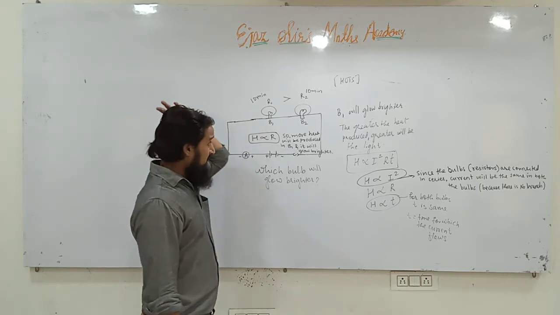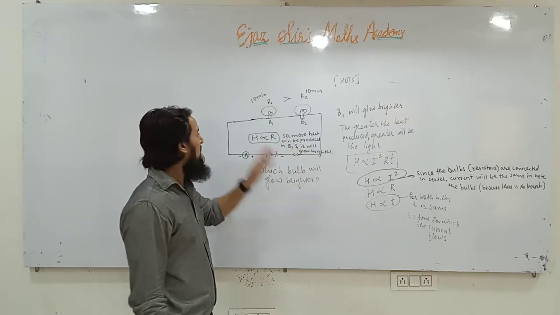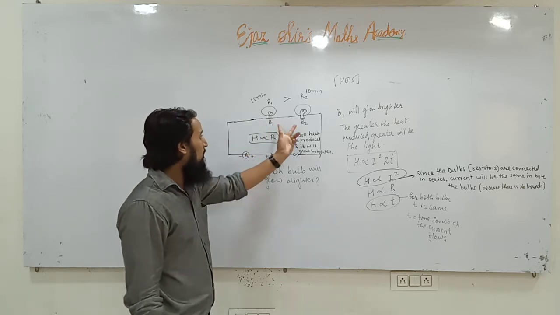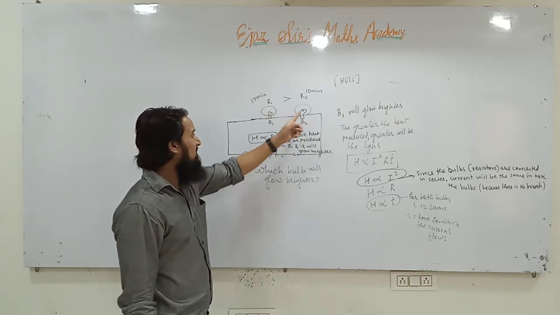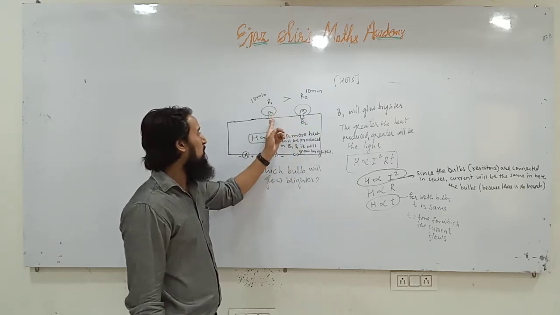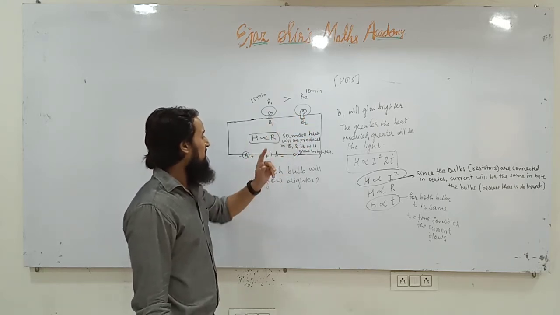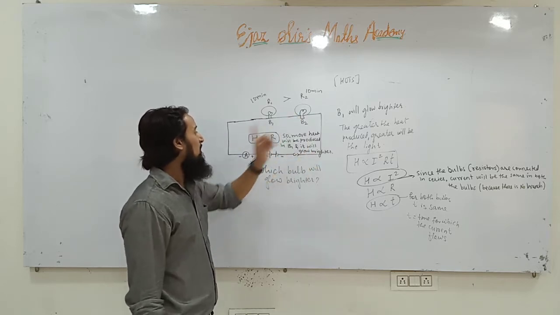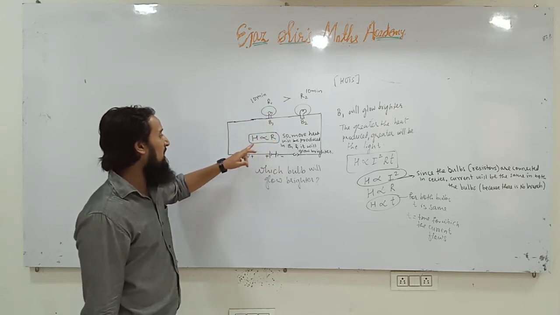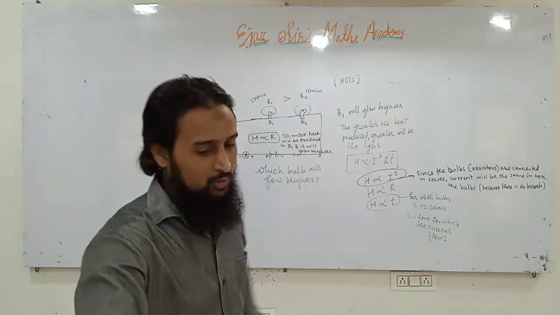Remember, it's not that it has more resistance, so less current will flow. Where will the current go? The current does not have any other branch to go. We have already studied that if resistors are connected in series, the same current flows through each resistor. So the same current will go through bulb 1 and bulb 2. The current will be the same, the time will be the same, only their resistances are different. So R1 has more resistance, so bulb 1 will have more heat, and more heat means more light. Understood? Okay, now let us start today's topic.